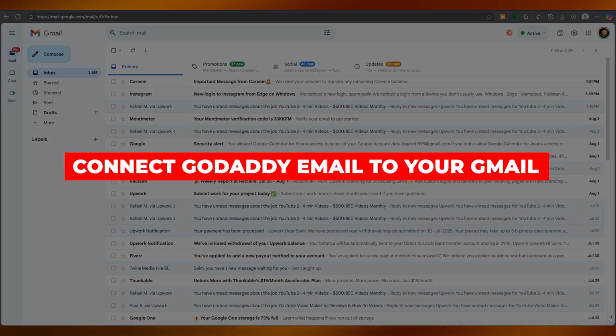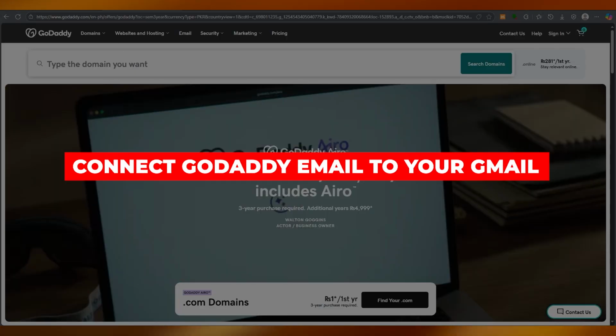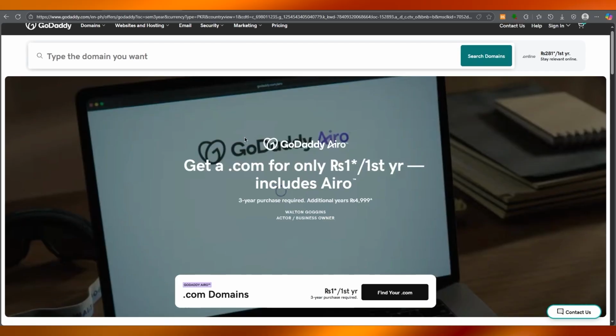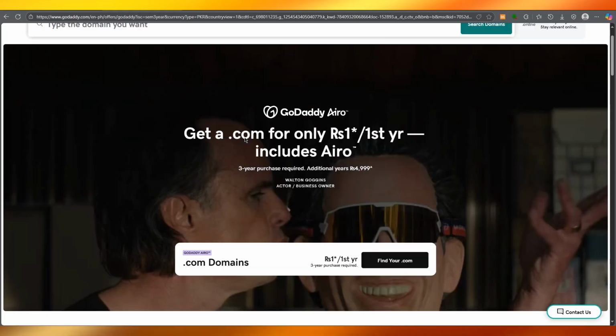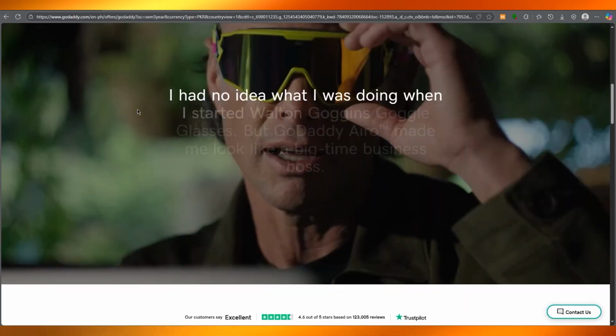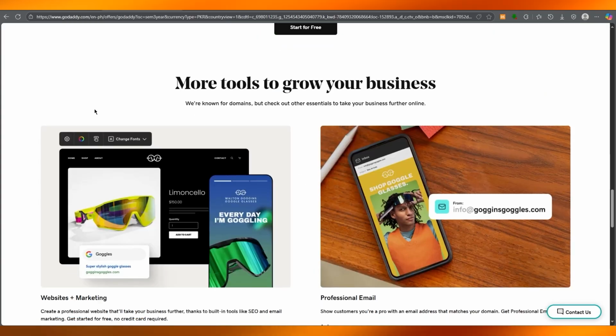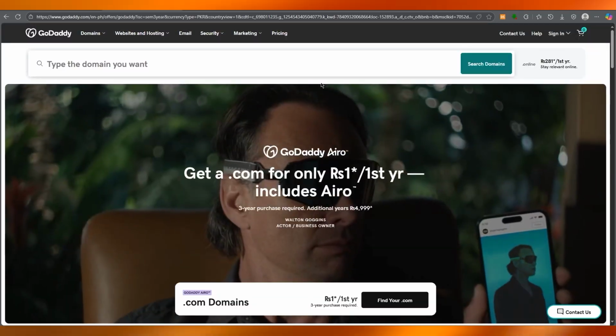How to connect GoDaddy email to your Gmail. In this video, we're going to be quickly talking about a basic step procedure on how you're going to want to connect your GoDaddy email to your Gmail in the easiest way. So once you've gotten your GoDaddy email, what you're simply going to do from here is you're going to go